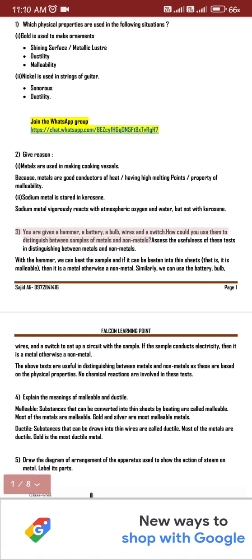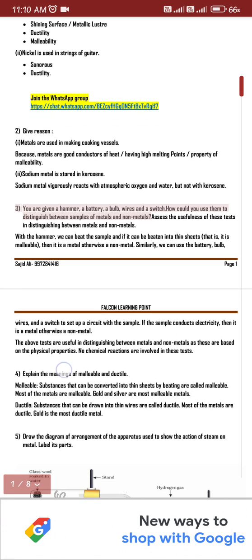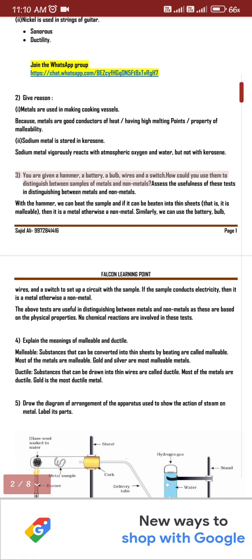3. You are given a hammer, a battery, a bulb, wires and a switch. How could you use them to distinguish between samples of metals and non-metals? Assess the usefulness of these tests in distinguishing between metals and non-metals. With the hammer, we can beat the sample, and if it can be beaten into thin sheets, that is, it is malleable, then it is a metal, otherwise a non-metal. Similarly, we can use the battery, bulb,